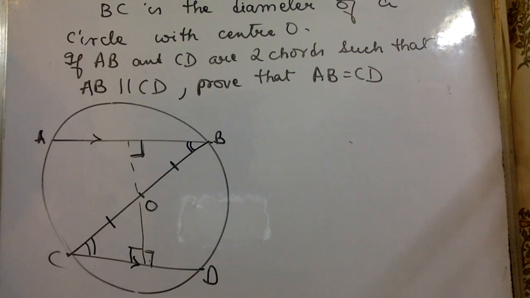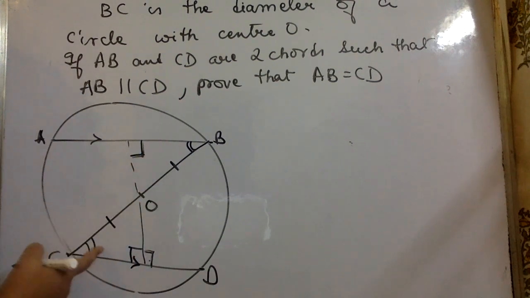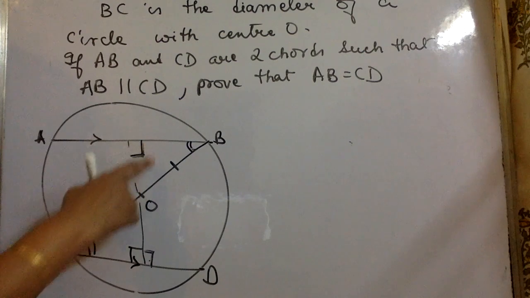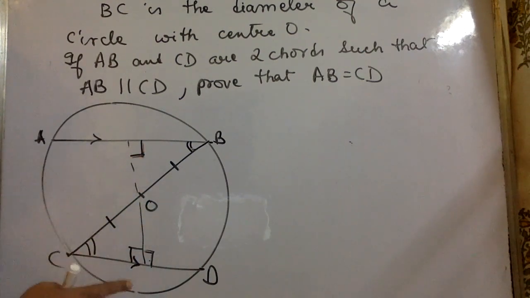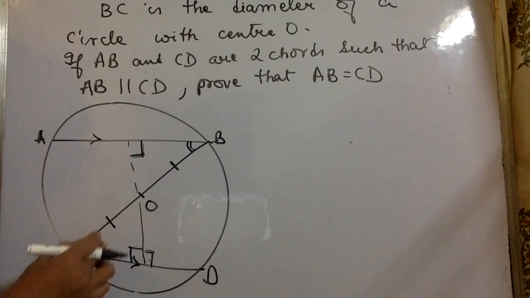That much we can assume. Okay, so we can say that this angle equal to this is alternate angles because lines are parallel, this is equal to this because we have already drawn straight line from the center, okay, and then